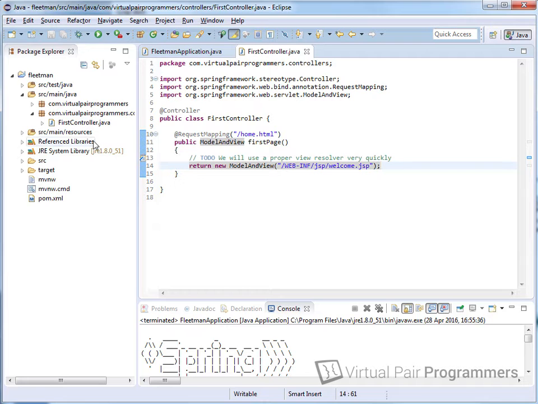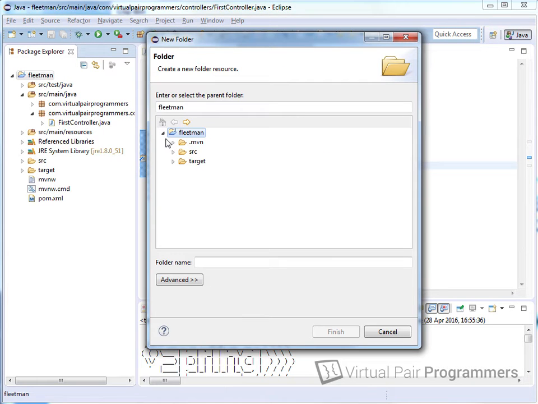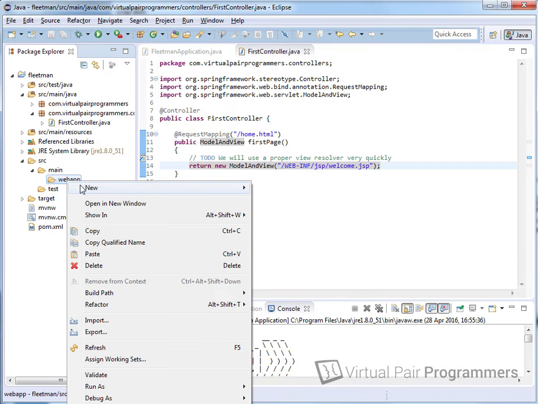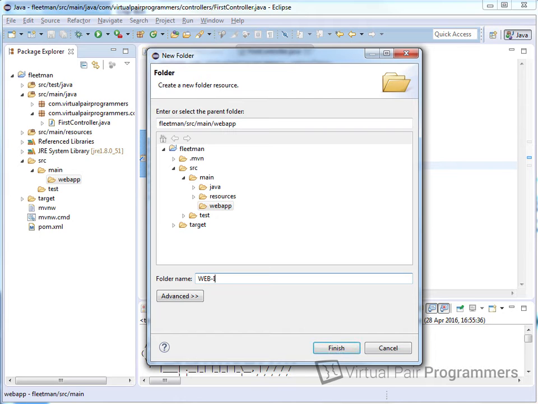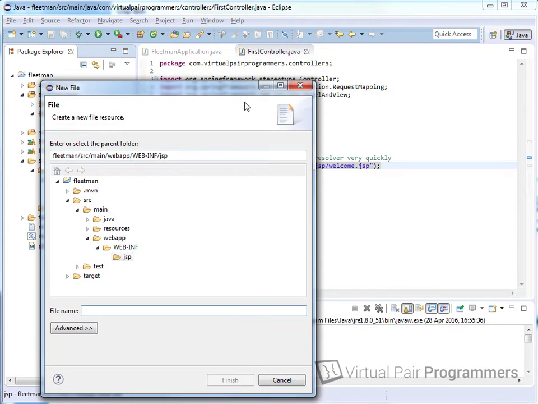And in a Maven structure, that's going to go into a folder called webapp under the src main folder. So we'll create a new folder and find the parent folder, which will be src main, and the folder name is webapp. And then into there, we'll add in a folder. This will be WEB-INF/jsp. And then inside this JSP folder, we'll have a new file. I've forgotten its name already. This will be